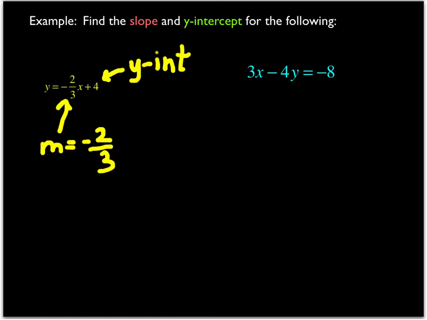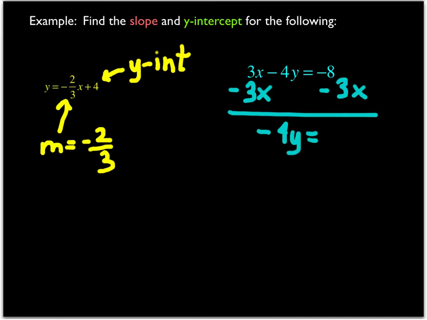Alright, now let's take a look at this next one, which is a little trickier. Basically, can I solve this for y? Well, I'm going to try to get y by itself as I typically would, so I'm going to subtract 3x from each side like that. That's going to leave me with -4y equals -3x minus 8,